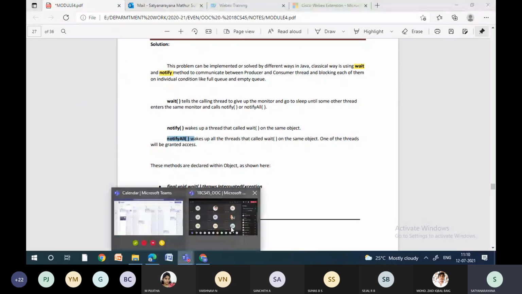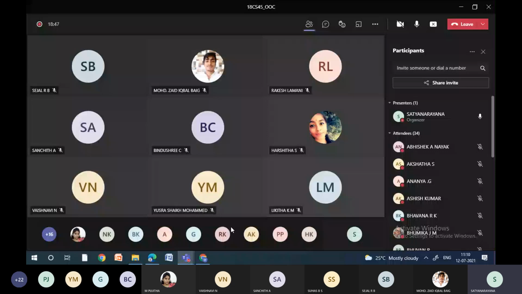Basically, say we have one shared resource that is accessed by multiple threads. Coming to the producer-consumer problem, how does it work? The producer produces and the consumer consumes. When the buffer is full, the producer cannot produce, so it needs to go to the wait state. Meanwhile, the consumer gets a notification saying there is an item in the buffer, so it goes and picks the item. Then the buffer becomes empty.